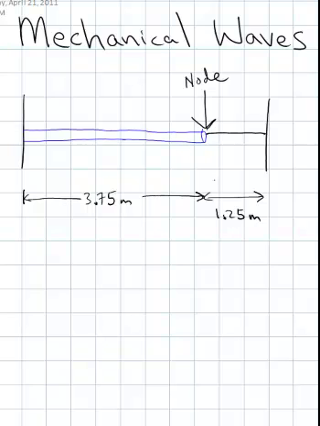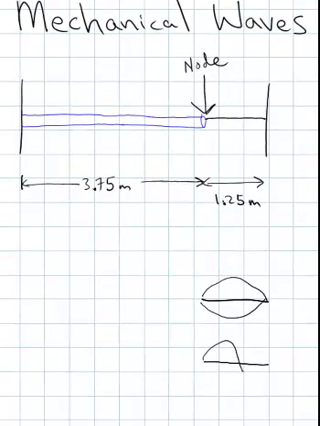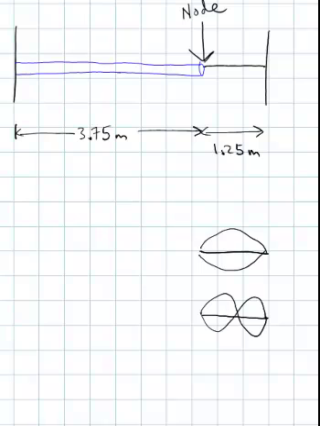We're going to drive some type of mechanical wave, wiggle one end of the string so we get a mechanical wave set up, and we want a node at that point where the two strings are connected. So if we just look at the smaller string, the 1.25 meter, then we want a wave that's going to look like that, or like that, or like that,